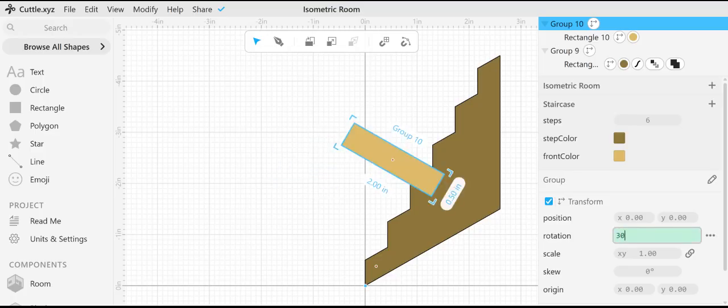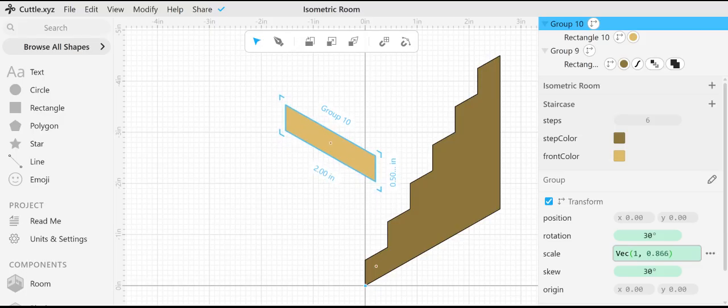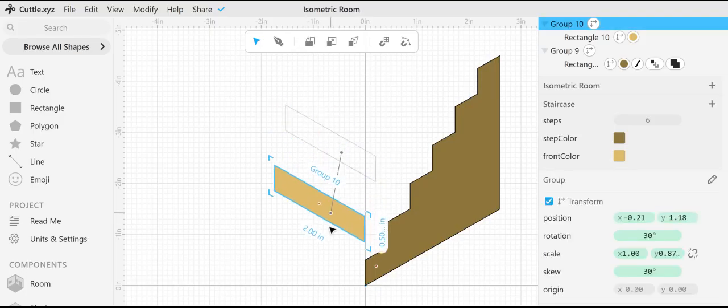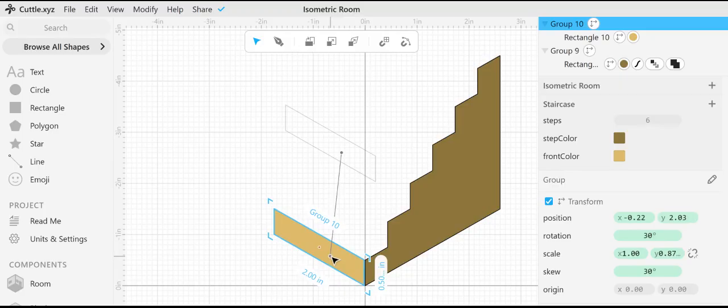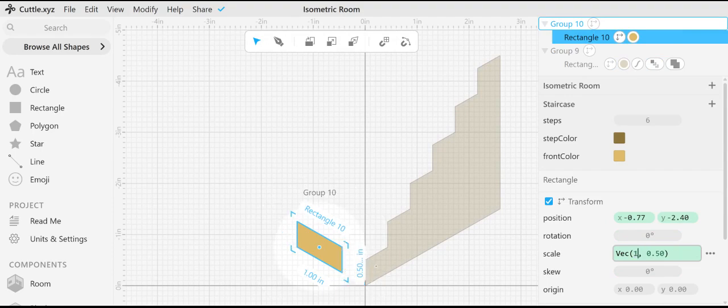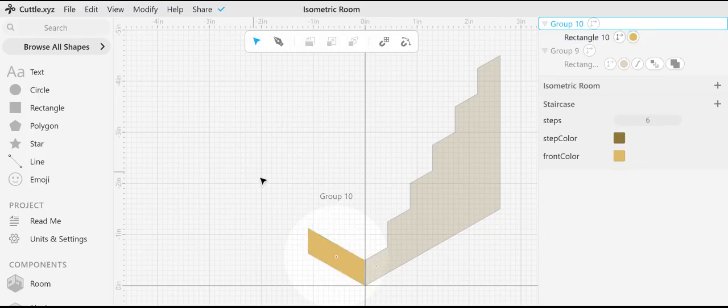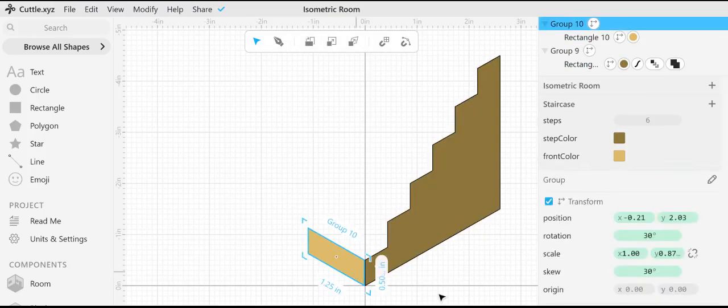This is going to be that front transform, so that's a positive 30, 0.866. This is looking like it's really, really wide, so let's change that to maybe just more of a 1.25. Looks good. Okay, I'm going to connect it up to the side of my stairs, and I want an